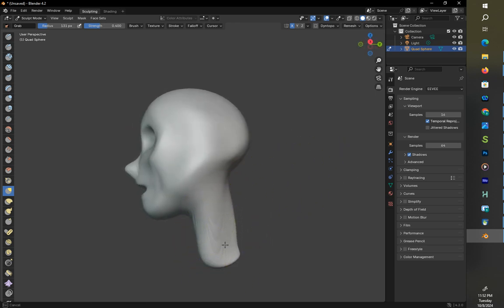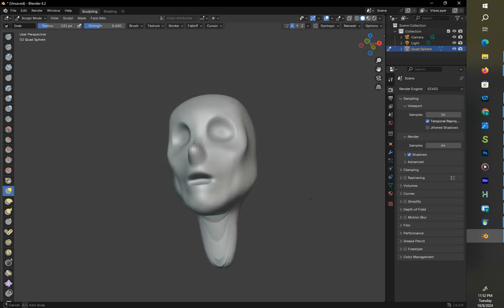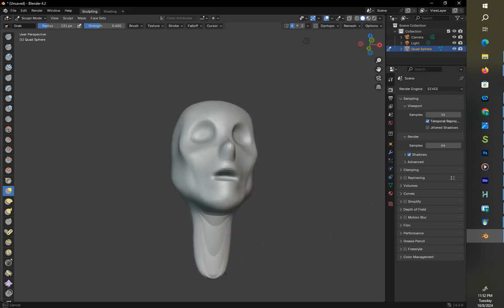And as I pull it, maybe I want to make a body from it. Maybe I just want to make a neck, and then I can make my body a separate piece. But you start to see some things here. We start to see some of this pulling and stretching. If we're going to make a whole body,